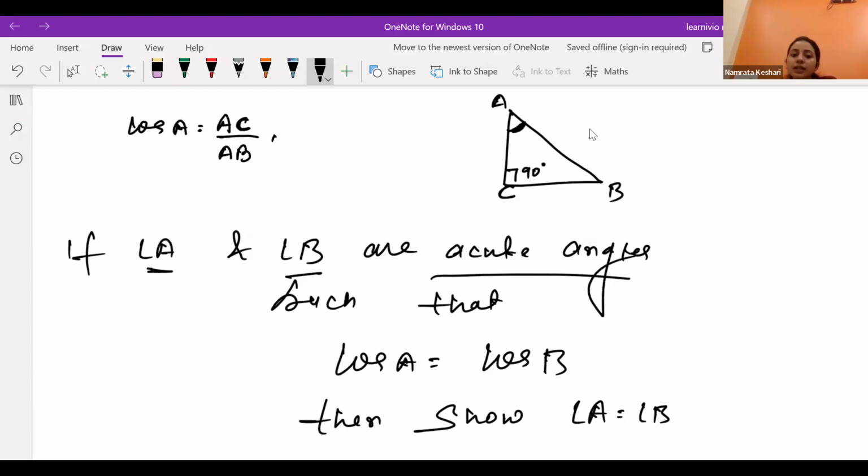Similarly, if we are talking about cos B, focusing on angle B, the adjacent side is BC and the hypotenuse is still AB. Okay, and if it says that cos A is equal to cos B, if we do the comparison like that,